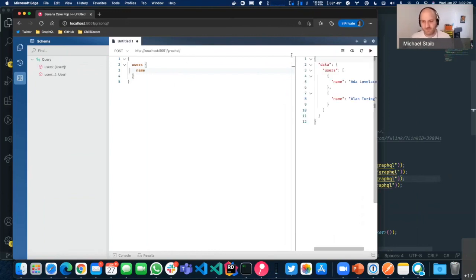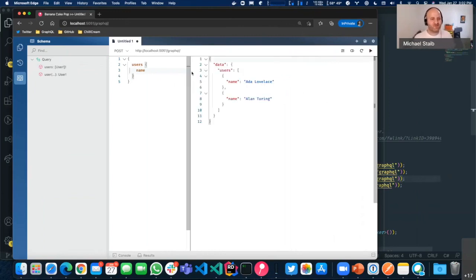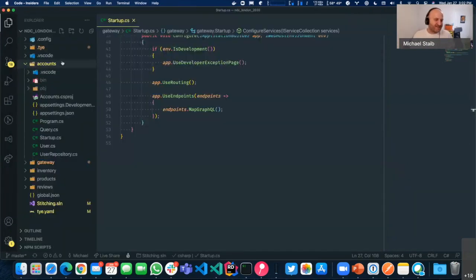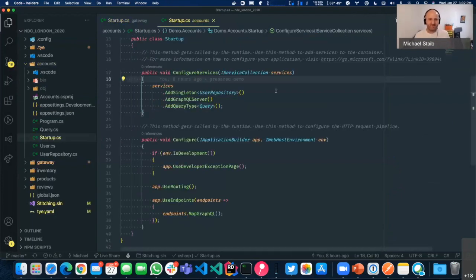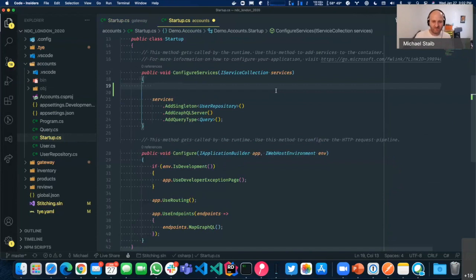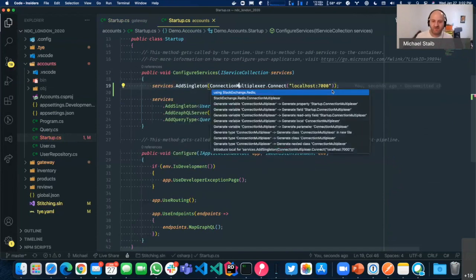Awesome, that works. This is a simple server that we have down there. But what we saw in the slides, I had this nice schema with me where I could drill in. That is actually what we want to have on our gateway, on our overall company data graph. So let's get into our configuration here and first put in Redis so that we can push our configurations from our domain service up to the